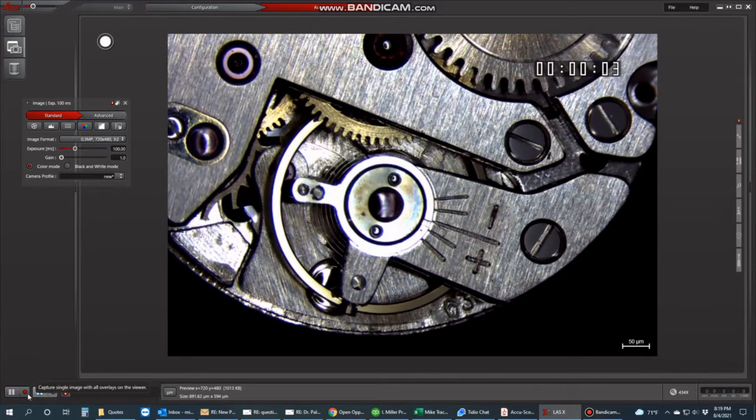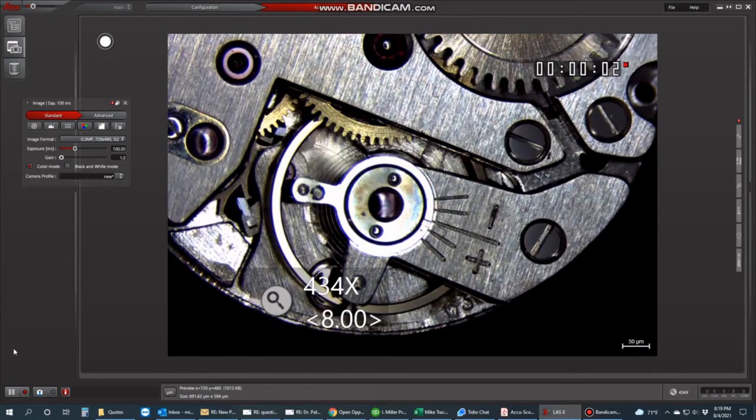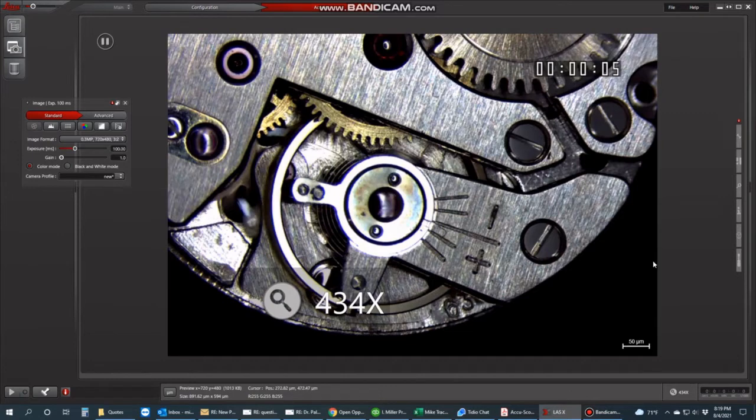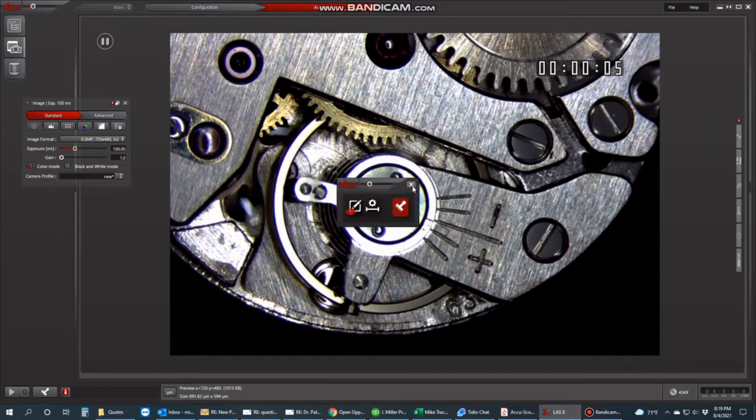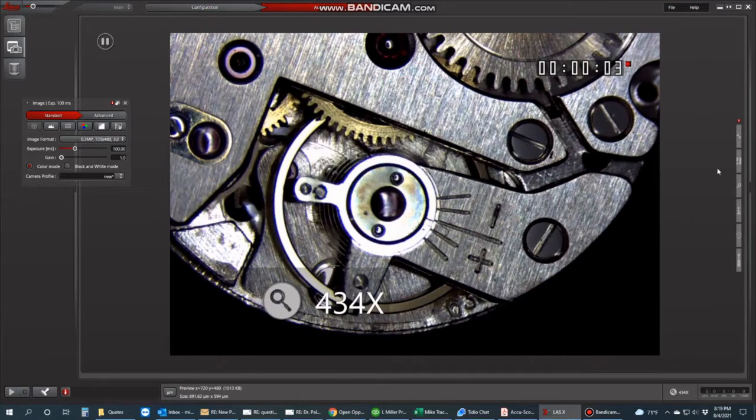So again, we pause the image. Here you can see this now is showing this icon with the capture with a stamp. That blue icon is part of the stamp. But the point is, we want to pause the image, come over here. I'm just pointing out, I have my scale bar shown. I can unshow my scale bar. Again, show or hide individual overlays, and I uncheck my scale bar icon. Now it's gone. I know sometimes you want that, or most times you don't want that, but just again, another piece of information. So again, we have our image, we're happy with it, we pause the image, we come over here,